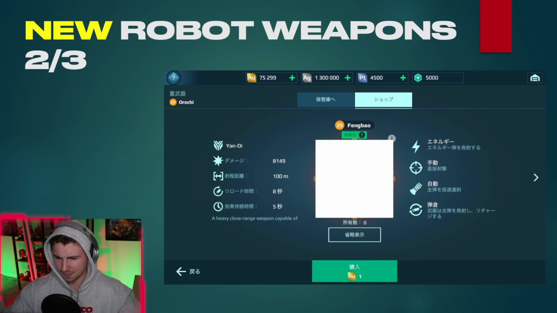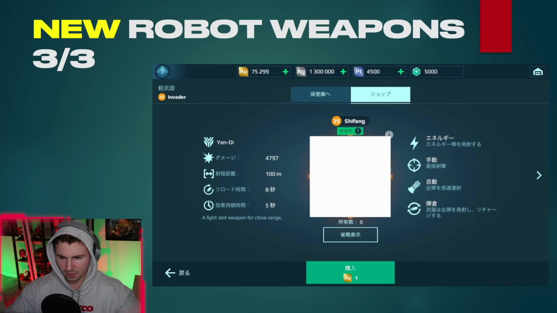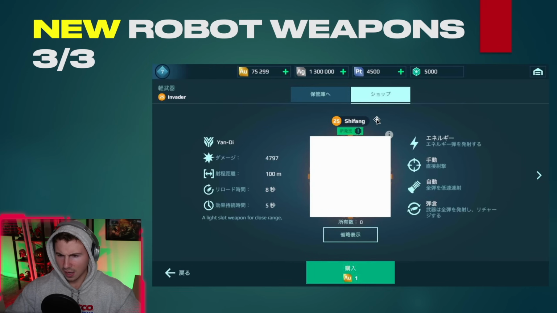Liming, and then, okay, based on the stats here, this one is called Feng Bao. Is this Chinese? I don't speak, I don't know what this is. I can't read this. I can read a heavy close range weapon capable of, and the rest isn't there. 100 meter range. Okay, so I'm pretty sure that was the medium version. This is likely the heavy version. The Feng Bao is the heavy version, and the third one, Shifang, is the light version. So we're getting a light, medium, and heavy version of a close range electric Cinder weapon that shocks enemies and